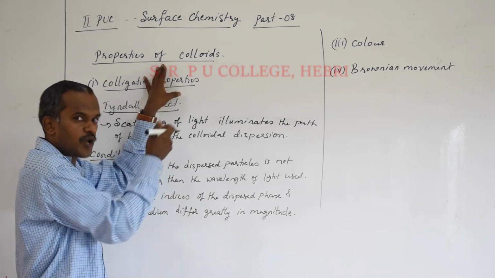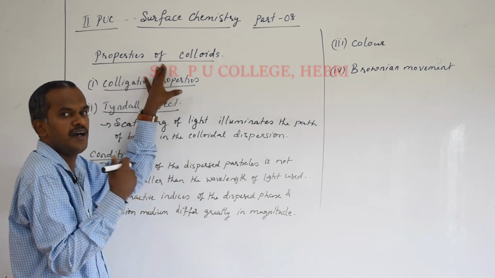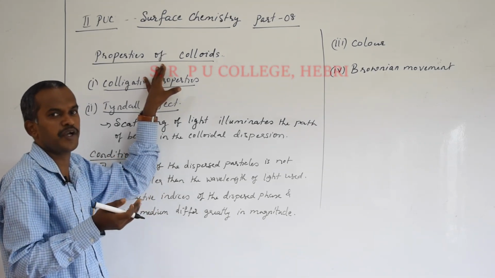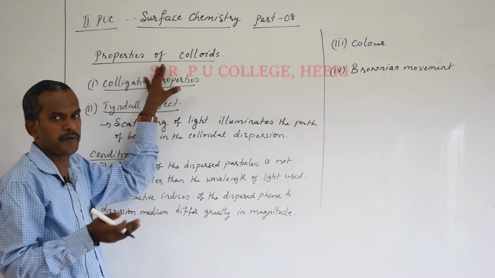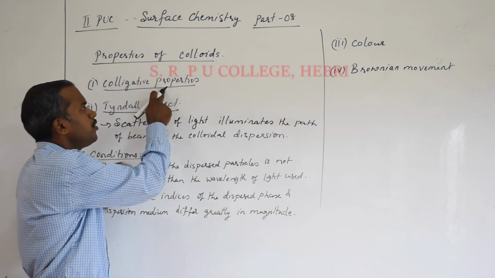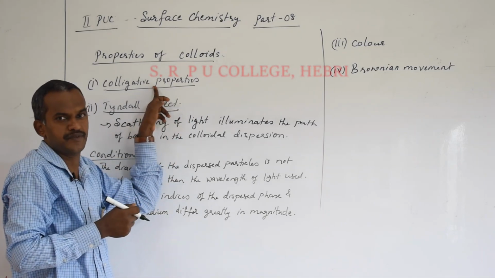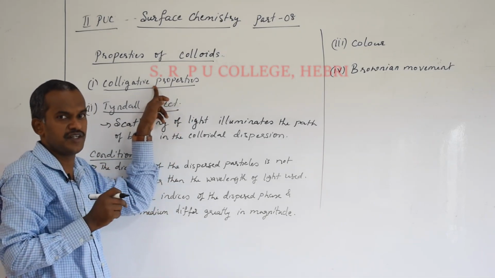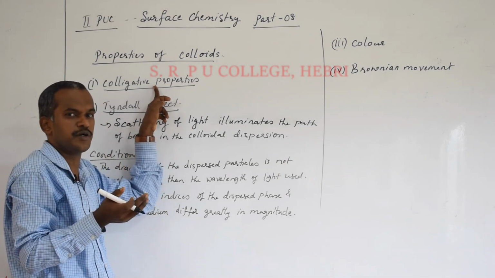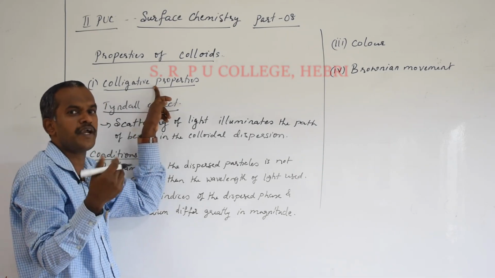When I tell you about the colligative properties of colloids, the question you may ask is, if you compare the colligative properties of a colloid and a true solution, which may have a larger colligative effect, be it the change in boiling point, freezing point, osmotic pressure, or vapor pressure. It is usually observed that the colligative properties of colloids are a little lesser than those of the true solution. Now we'll ask why it is less. I told you just now the colligative property depends on the number of particles. In a true solution, the particles are independent, so the number of particles is more.